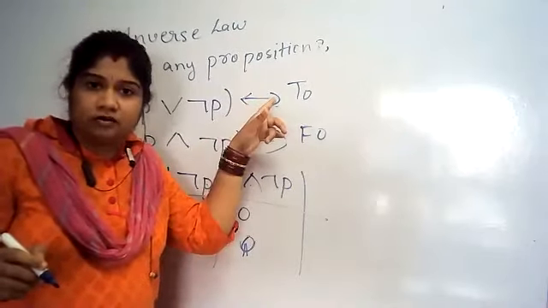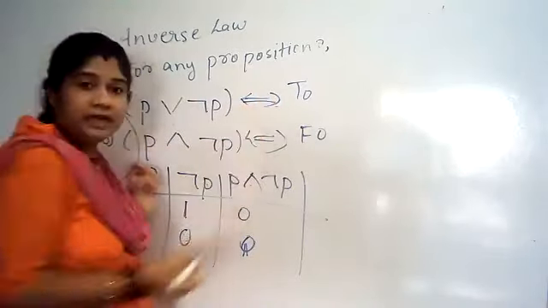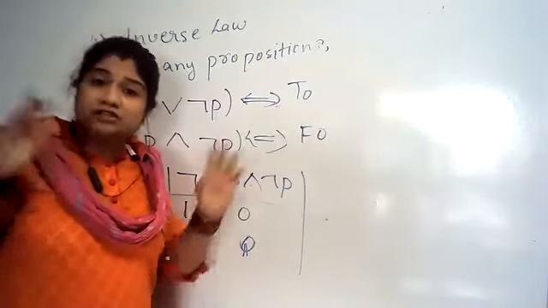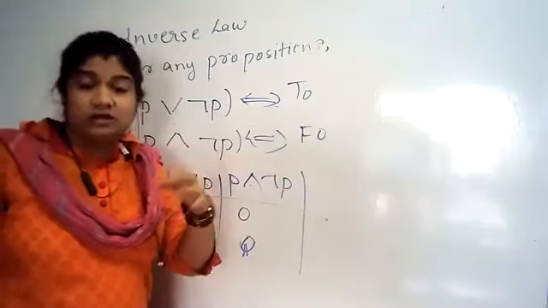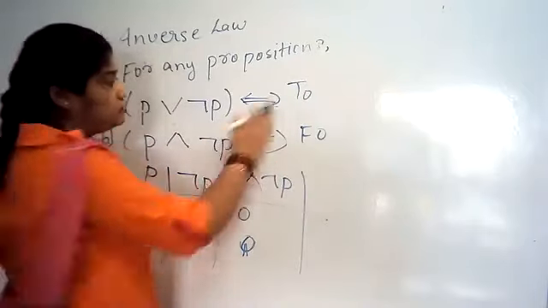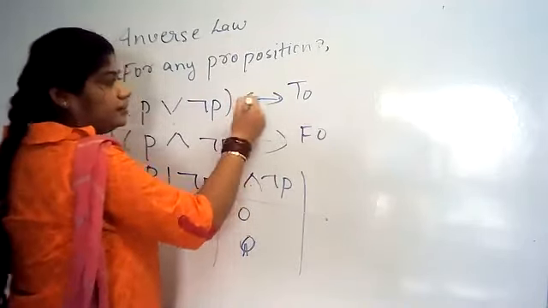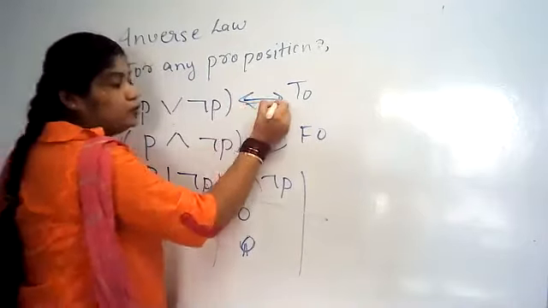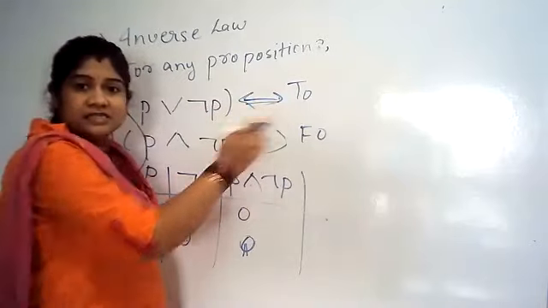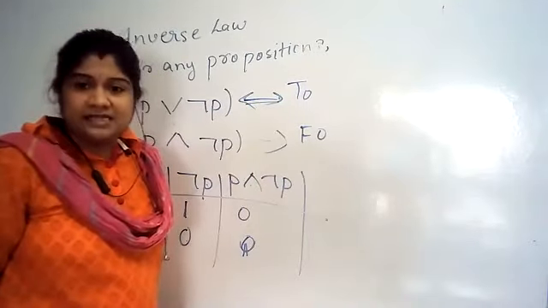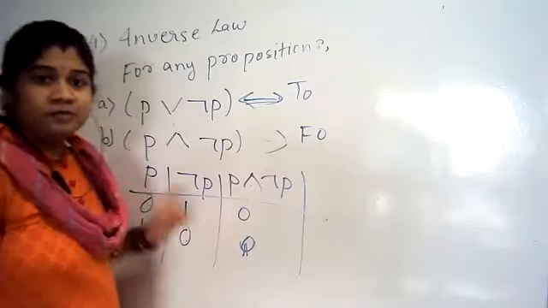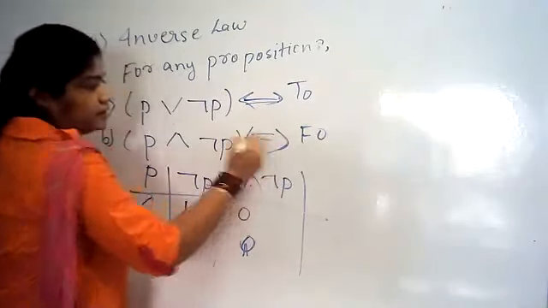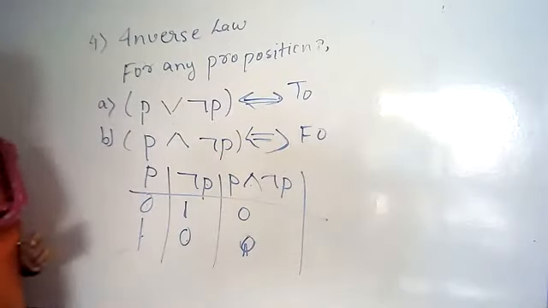Otherwise, it will be wrong; that is your complete problem. It gives a different meaning for us. You need to put compulsorily two lines, because there is a lot of difference between bi-condition and logical equivalence. Some people just put it like this and leave it. It is wrong; you will get 0 marks. You need to put two lines here. Then it means LHS equal to RHS. Followed everybody these things? Raise your hand. Inverse law.